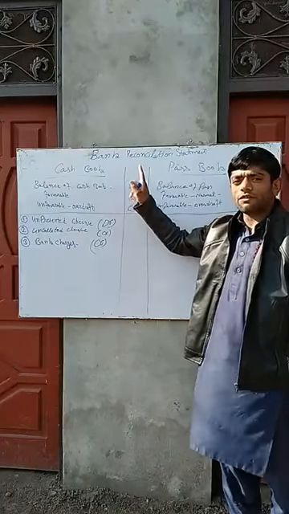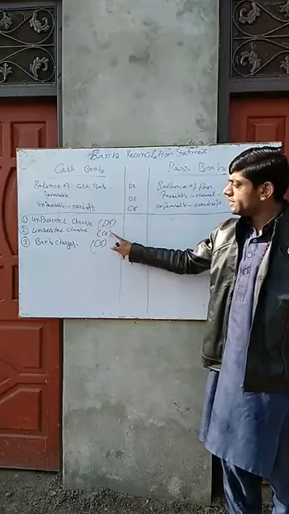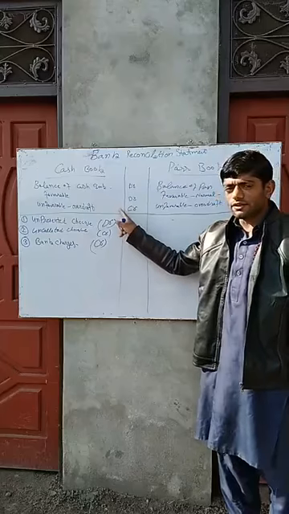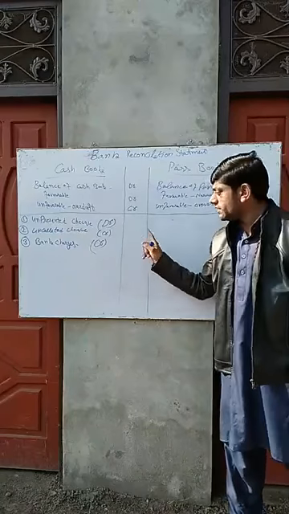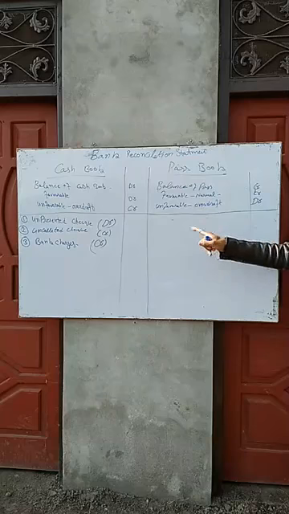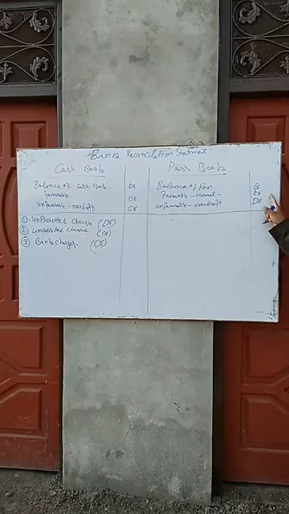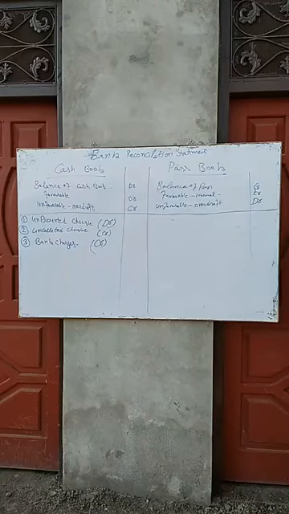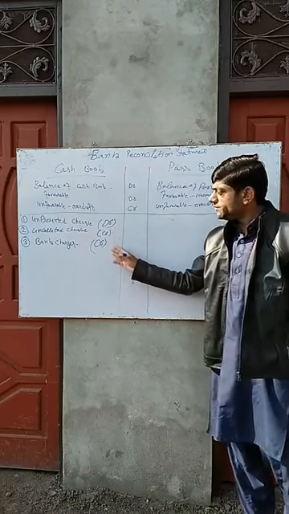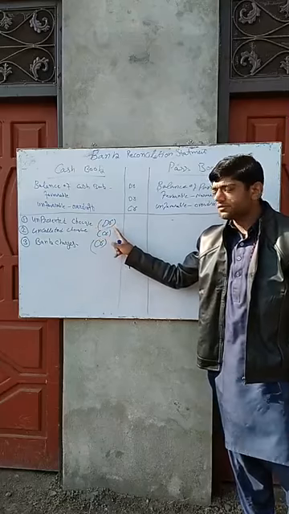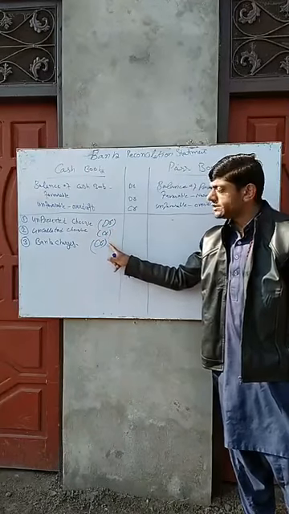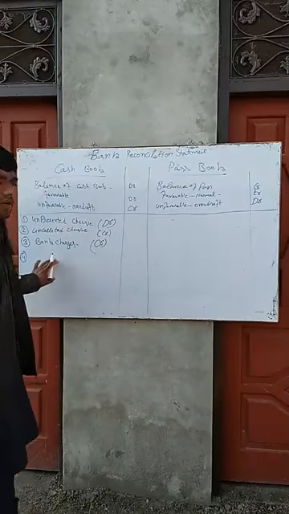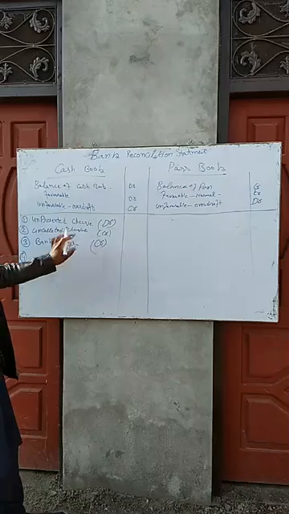So if the balance of the cash book is debit, then it will be subtracted. If the balance of the cash book is credit, the nature of this is credit, so it is added. If the passbook balance is credit, then it is added. If the passbook balance is debit, then bank charges are subtracted from the passbook balance. So the nature of these remains the same: unpresented check debit, uncollected check credit, bank charges credit. These points are given most often in every question.